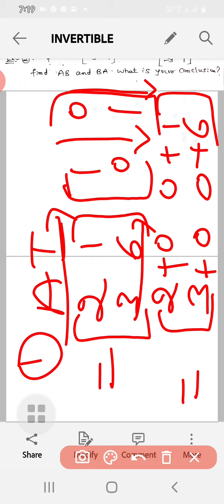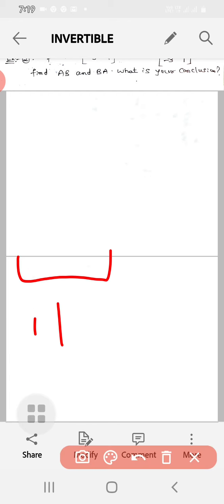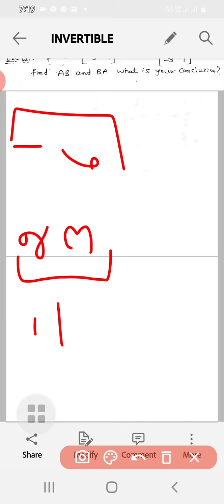So you check the elements once again: 2 plus 0, 0 plus 1, 3 plus 0, 0 plus 6. That we write in the next step, so that is [2, 1; 3, 6]. So this is AI. We can call this equation 1.